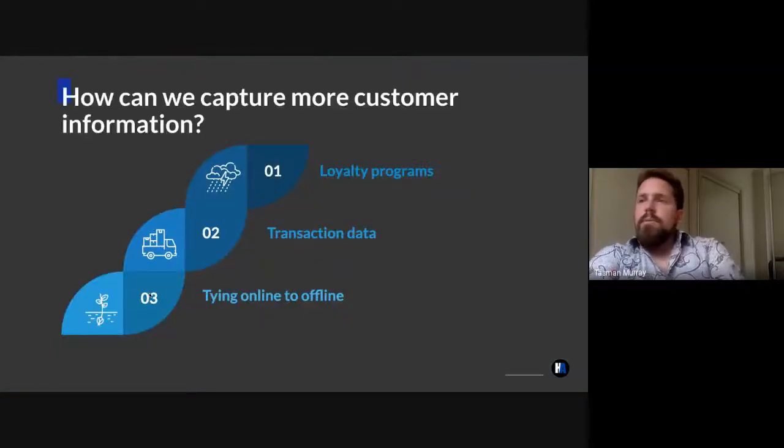All right, jumping through again. One of the major things companies need to look at the moment is how they can actually capture more customer information. Loyalty programs are doing a good job of this. A lot of you probably have a Woolworths rewards card or 1,000 different cards from 1,000 different coffee shops. If they don't have your name on them, the coffee shops probably aren't doing a great job of capturing your information. But most loyalty programs are really well set up to capture information.